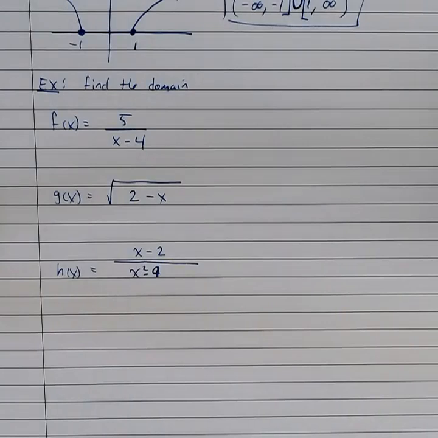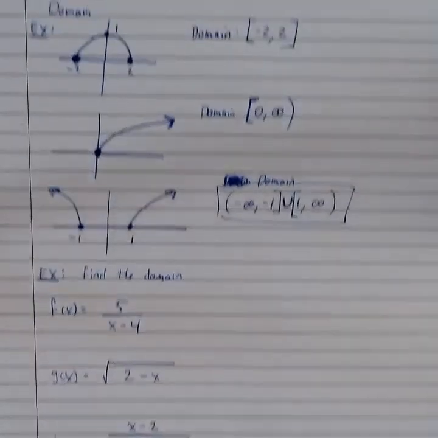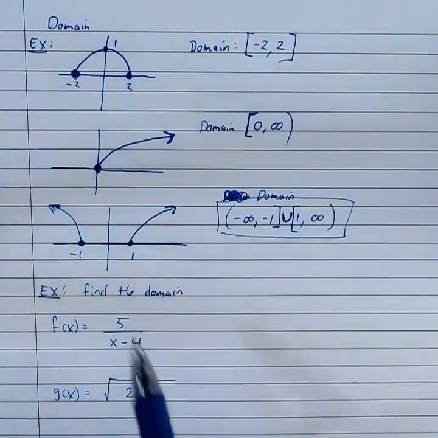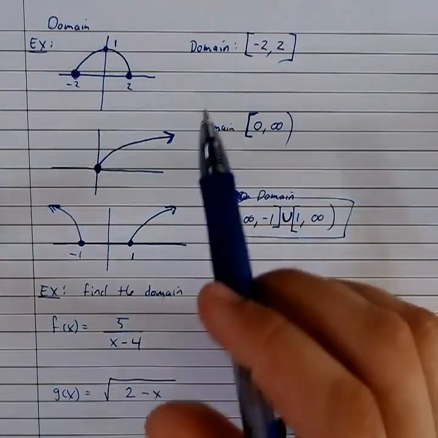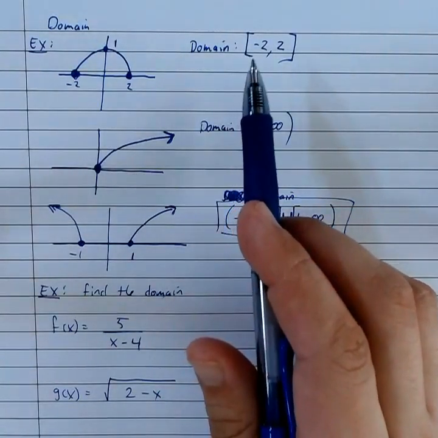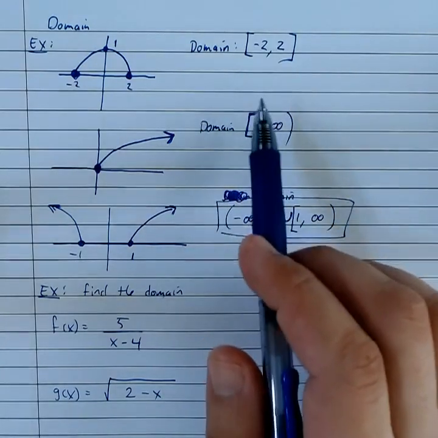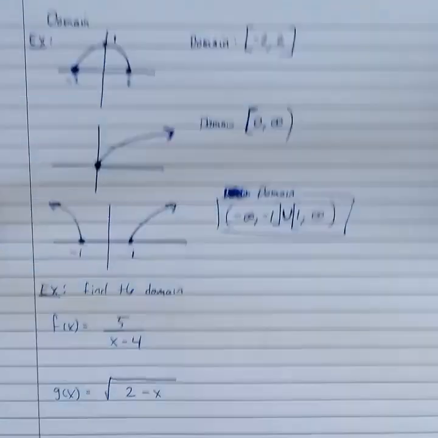So what we want to do is focus on finding those numbers that are not okay. Whenever we find a domain, we don't usually try to find all the numbers that work. That would take a very, very long time because most numbers are going to be fine when you plug them in. Instead, we're going to look for the numbers that don't work. We're going to assume that the domain is every real number and then try to find the exceptions. Try to find the numbers where the